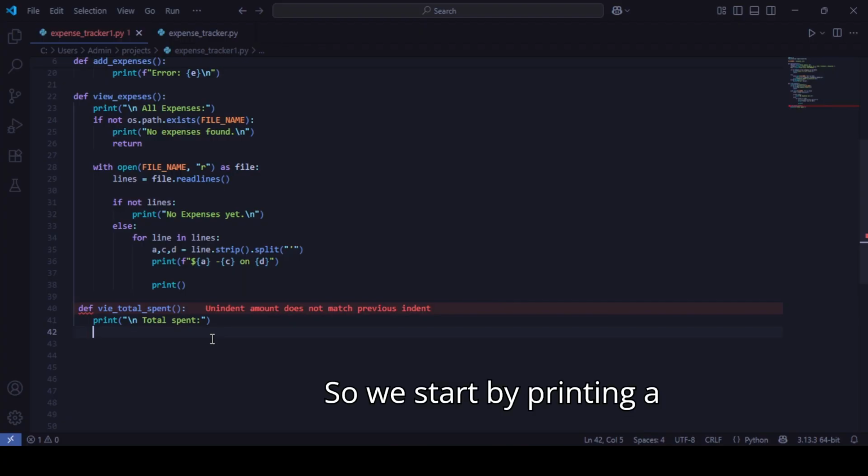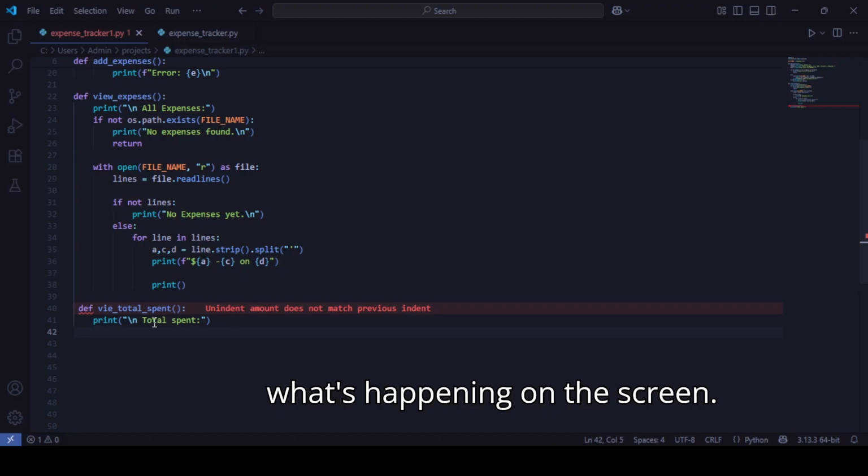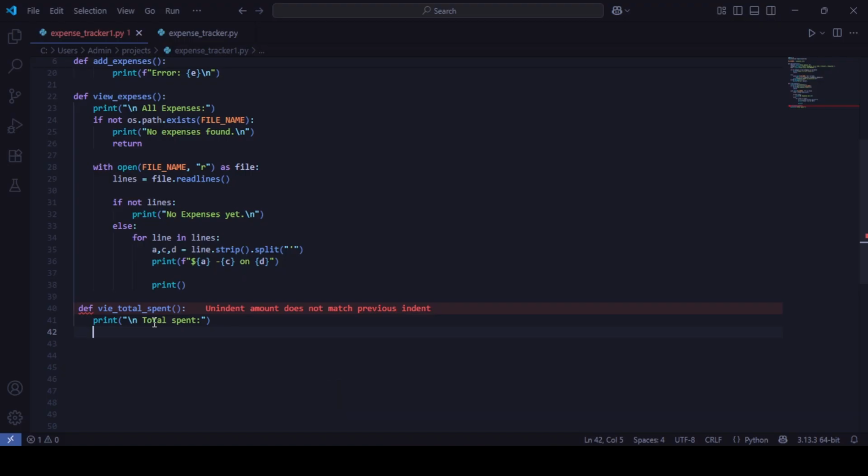So we start by printing a heading nicely, that is total spent. Okay, so this gives the user a clear idea of what's happening on the screen. Now, let's do another coding part. If not, dot